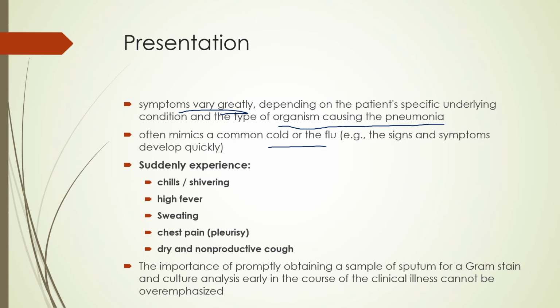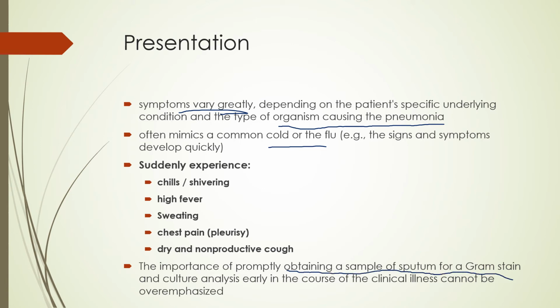Does that mean they won't cough up yellow stuff later on if it's a bacterial pneumonia? Absolutely not. But we're just saying they're going to have that irritant, that J receptor reflex, because the J receptors, remember, are in that alveolar area, that receptor area, and so you'll see that dry, non-productive cough initially. The big thing here, especially if we're looking for a hospital-acquired pneumonia, is to try to get a sputum